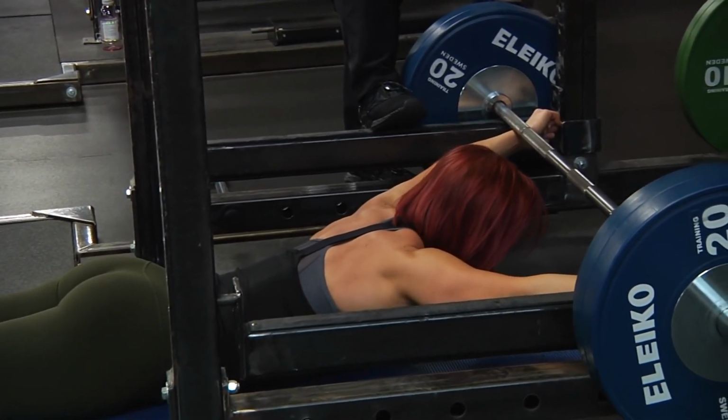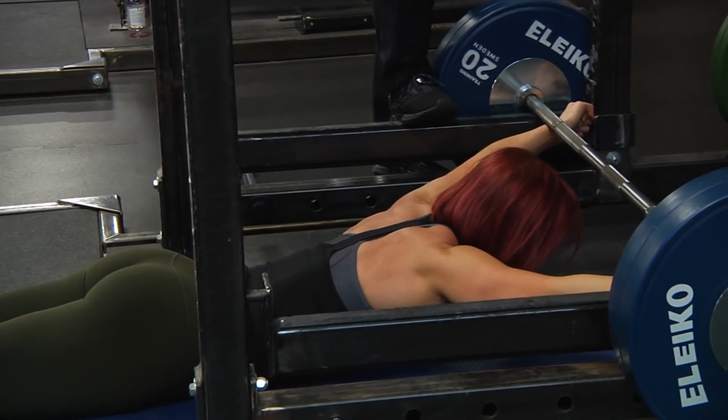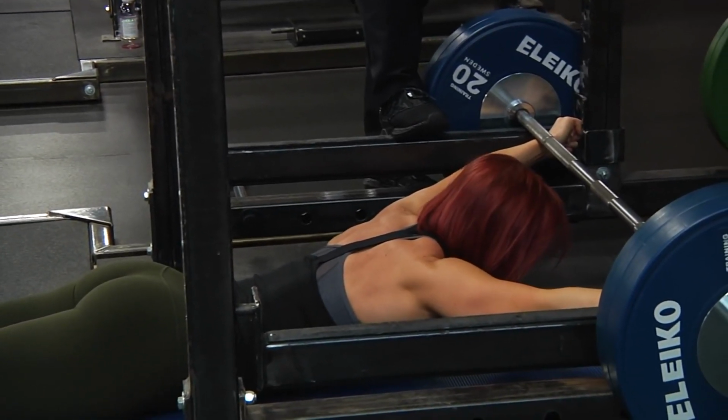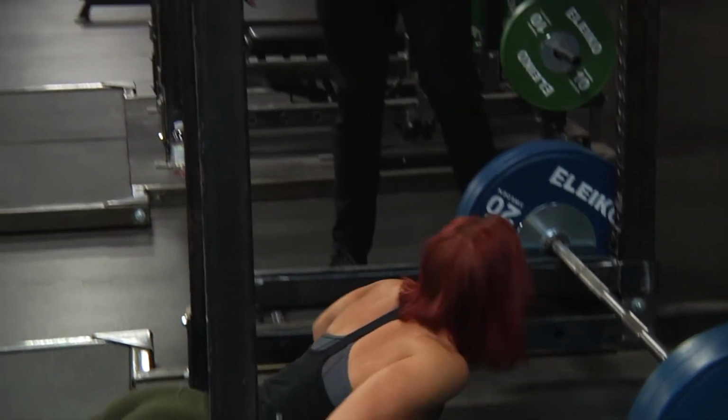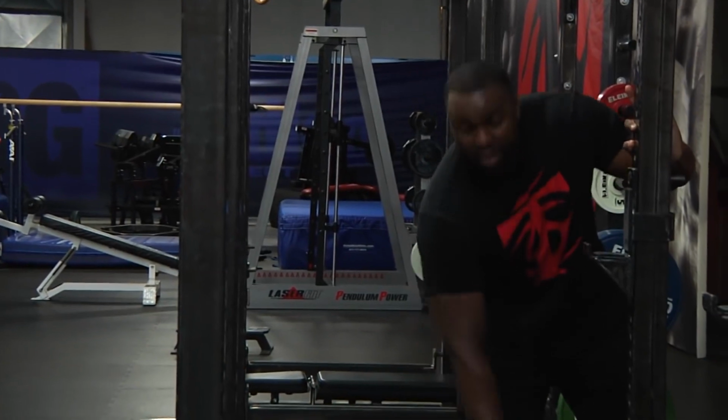10. 8. 7. 6. 5. Hard as you can. 4. 3. 2. Good job. Rest. Nice. Okay. Straight break, and then afterwards, we're gonna move this back a little bit, and we're gonna do some